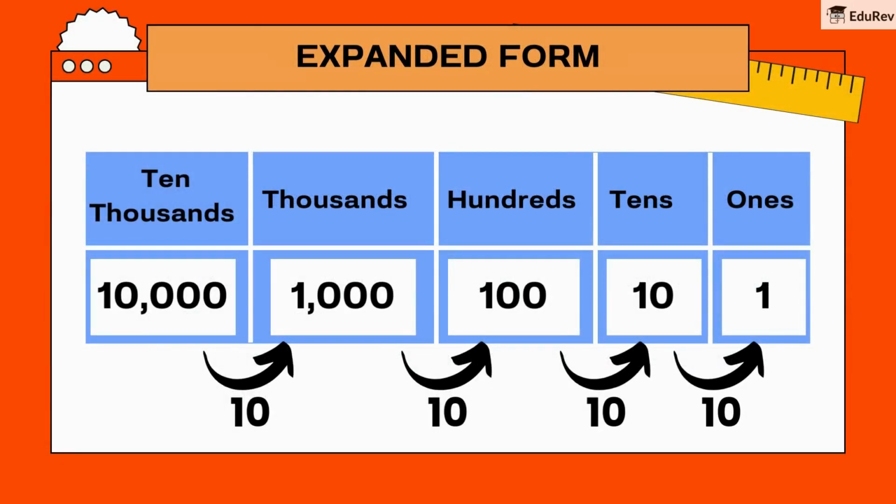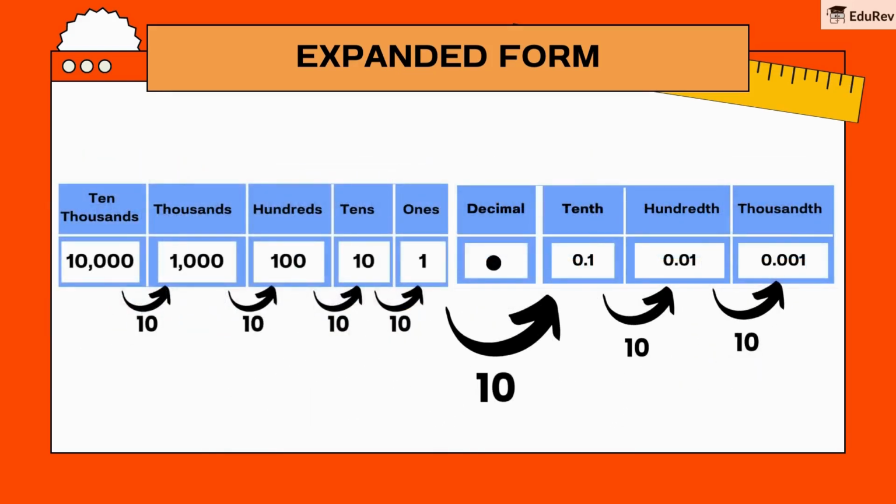Now, we all already know that every number can be written in an expanded form. But we need to understand the place value chart first. You might have already seen this type of place value chart. We observe that the value of places is divided by 10 when we move from left to right. Hence we get values such as 10,000 as 10,000, 1,000 as 1,000, 100 as 100, 10 as 10, ones as 1, tenth as 0.1, hundredth as 0.01, thousandth as 0.001.